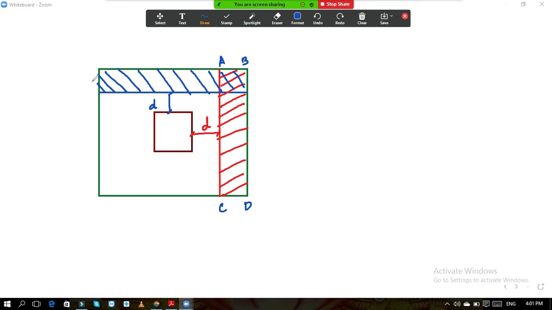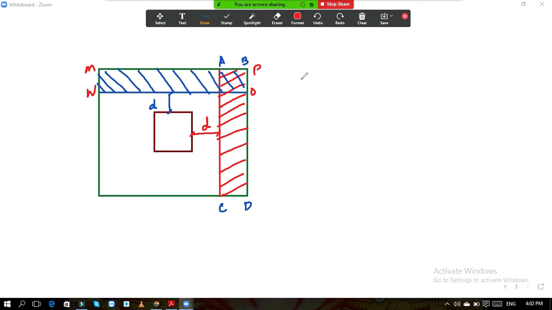Similar is the case with this also. If I give some different name, M, N, O, P. Now this is also another strip, you can see over here. So due to the excessive load, at a distance d this critical section is there, and due to the one way shear action, if this footing fails, then this strip MNOP will get dislocated from the footing. It will get cracked from here, and this footing will fail. So this type of action is called one way shear.